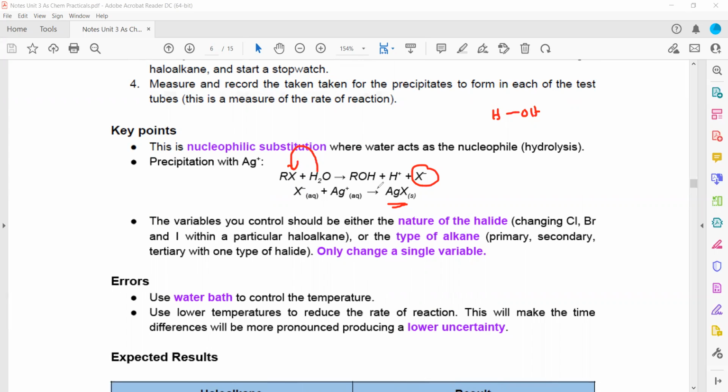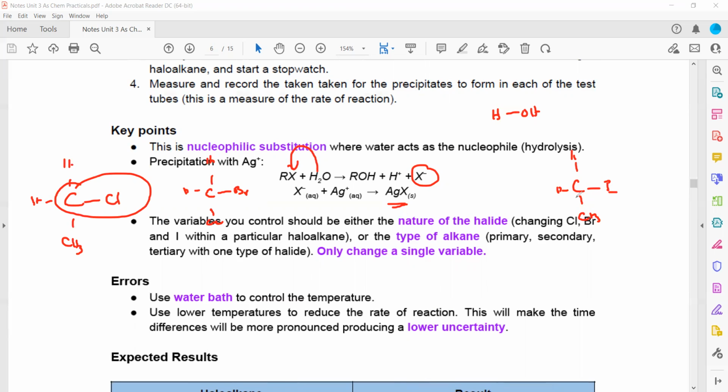The amount of sample which we take should be the same, and the temperature should be the same. If I am changing the halide, then everything else should be the same. If I'm taking a primary halogenoalkane for chlorine, I should take a primary halogenoalkane for bromine, and I should take a primary halogenoalkane for iodine,